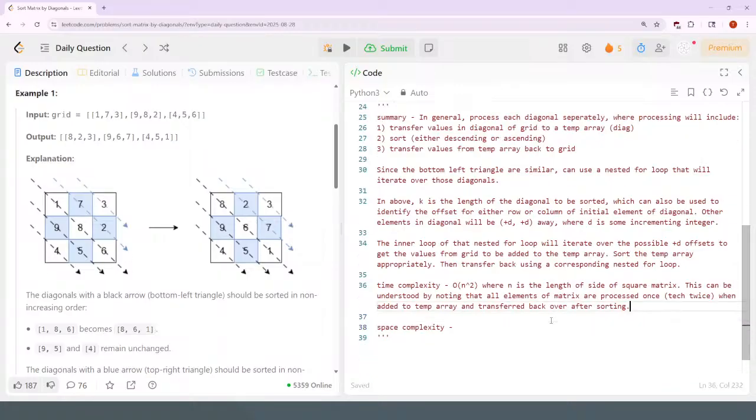And then space complexity is going to be O of n for the temp array that is sorted. The temp array can be at most n elements, the size of the longest diagonal. And if you have a 3 by 3, your longest diagonal is